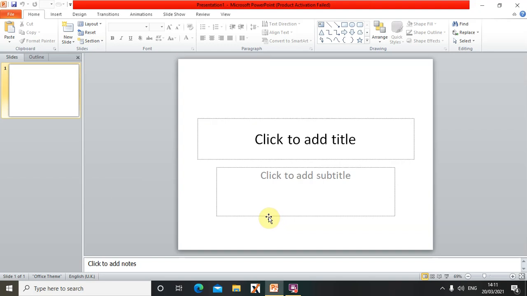Today I'm going to be making a video of Microsoft PowerPoint. If you don't know what Microsoft PowerPoint is, it's basically a software in which you can animate things or create new things. Similar to Word, it's also called Microsoft Word, and it's also another software. So as you can see in this video, I'm going to be using Microsoft PowerPoint to animate and create something